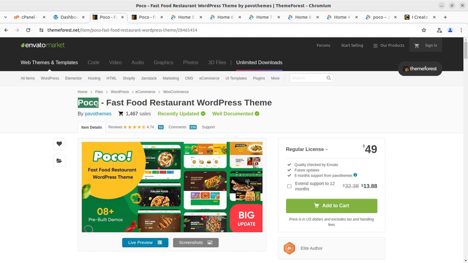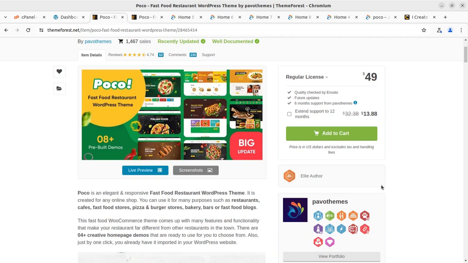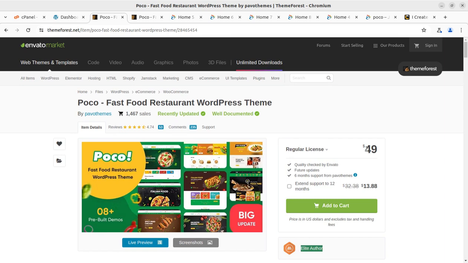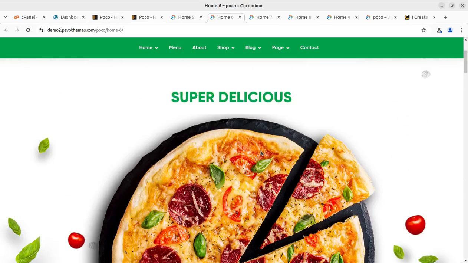is the theme Poco, and it is a dedicated theme for fast food restaurant and related services websites. The theme has been developed by Pavo Themes and they are an elite author at ThemeForest for restaurant themes, and the theme is available through the video description link at $49, just for $49, and we can create wonderful and stunning websites using